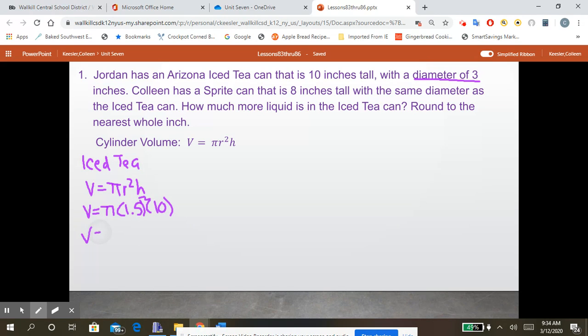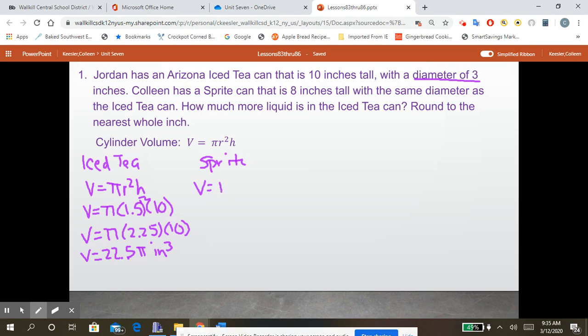So now we have volume equals pi times 1.5 squared, which if you don't know, you can use your calculator, but I know it's 2 1/4, times 10. Then we leave it in terms of pi first. So 2 1/4 times 10 is 22.5 pi. And that would be inches cubed. Now, we can leave that for now and round to the nearest whole inch later on. So let's leave that. Next, we have the Sprite can,